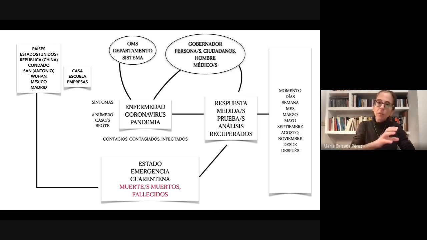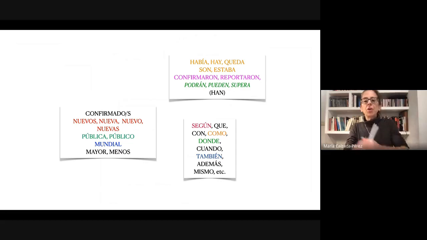Doctor was not present in our WikiCovid EN corpus as a keyword, but it is a keyword in WikiCovid ES. And we've got other words, I won't go into that, but these other words show that the Spanish Wikipedia is a more traditional type of Wikipedia. And I won't go into this because we do not have time.